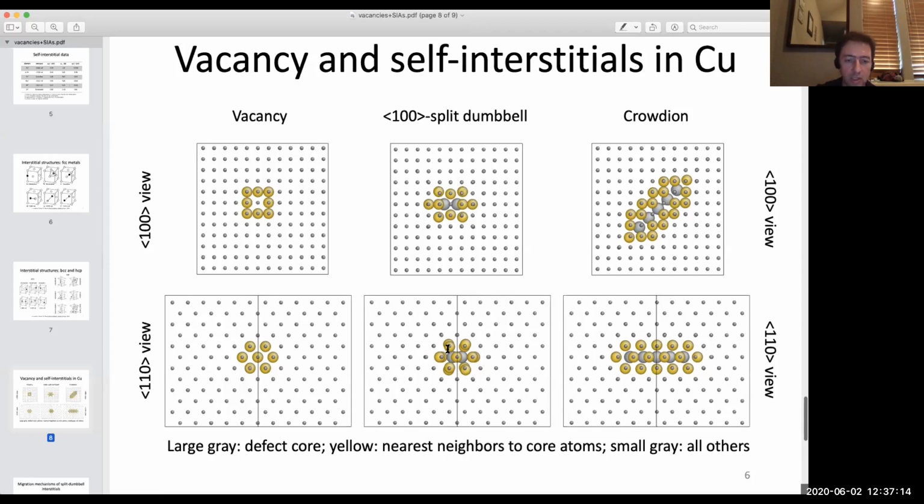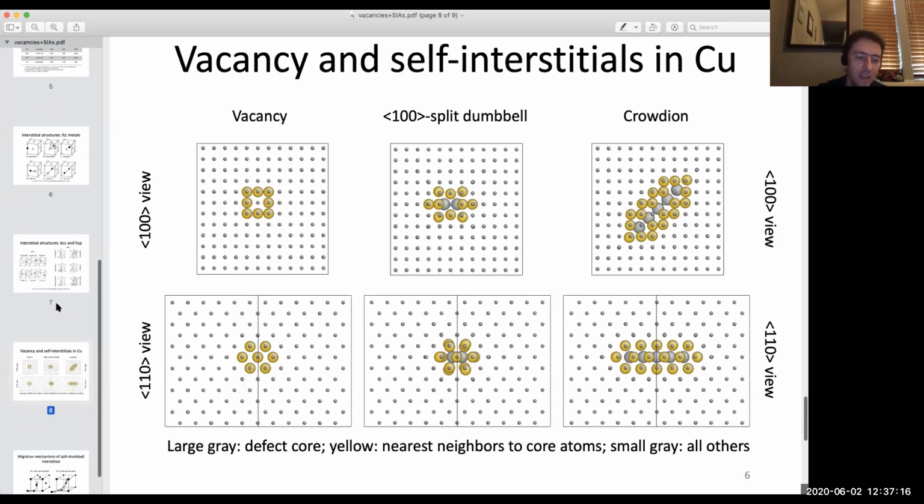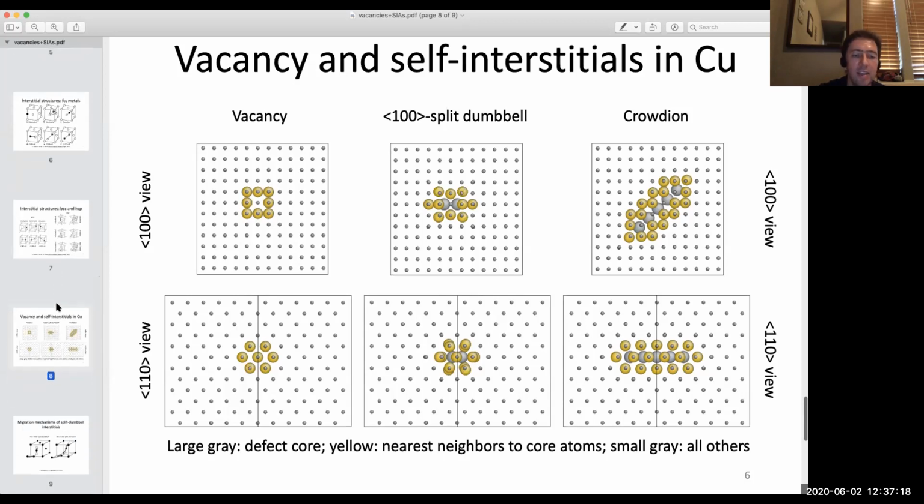So we'll do this a little bit next time, and you'll see this a lot more easily next time. But for today, I just wanted to give you this very brief primer on point defects so that when we get started again on Thursday, we will be able to jump in and just start looking at these defect structures. Okay, so I'm going to stop here, and I'm going to see whether anybody has any questions before we end the session for today. So any questions on today's session?